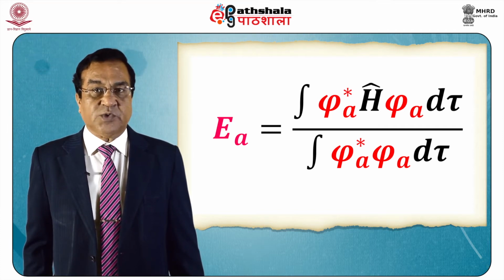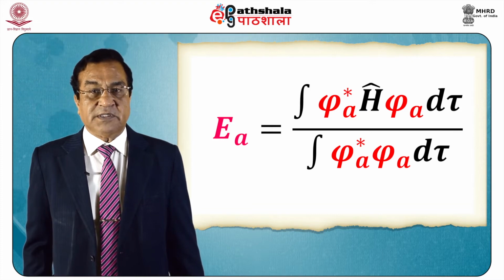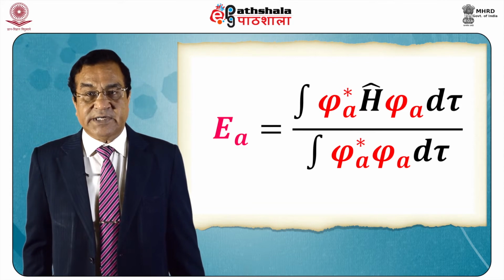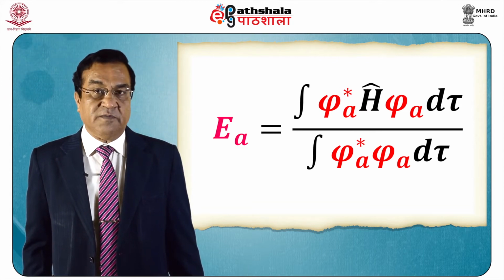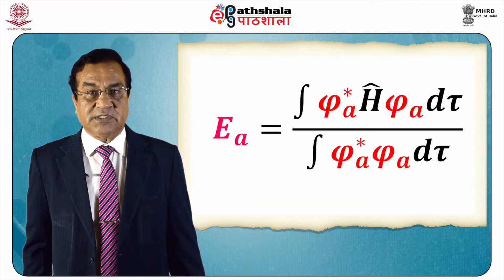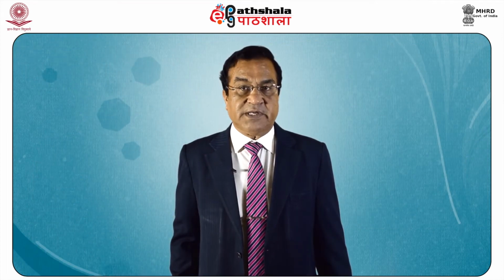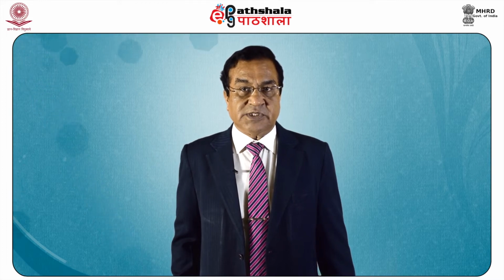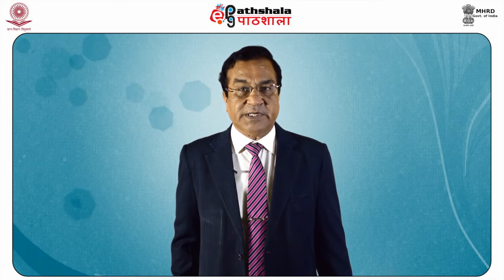Here we don't need to explicitly know the Hamiltonian, but please remember that the Hamiltonian incorporates the effect of the interaction of the pi electrons with the rest of the molecule, which includes amongst others sigma electrons, all nuclei, etc. When this expression for the approximate energy is solved, we get the corresponding secular equations which in a determinantal form can be written as shown.